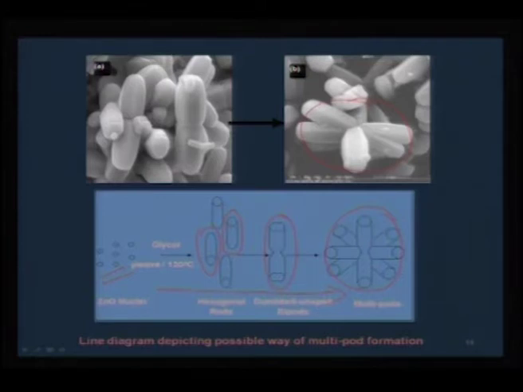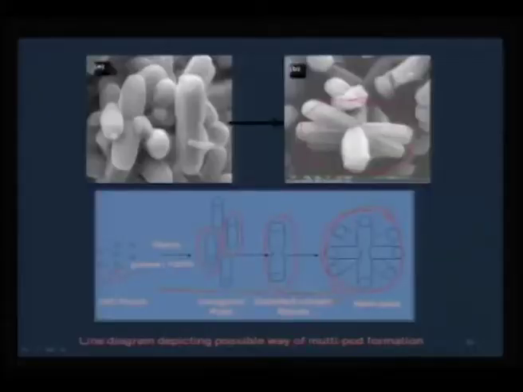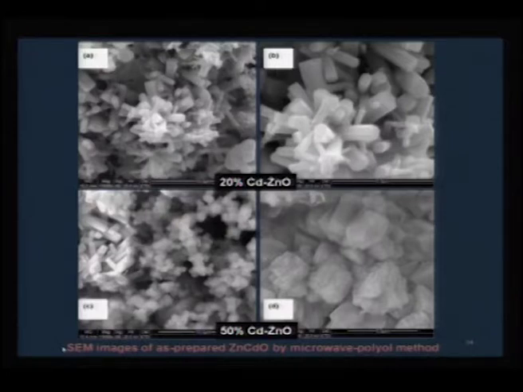And therefore, if you want to stop the defect chemistry, then you need to stop at a particular size. If you go for a very long exposure, probably you will get very interesting facets of zinc oxide rods, but essentially they lack in clarity as far as the photoluminescent property is concerned. Similarly, for cadmium, let us say if we can achieve easily doping for 20% and 50% cadmium oxide, and X-ray